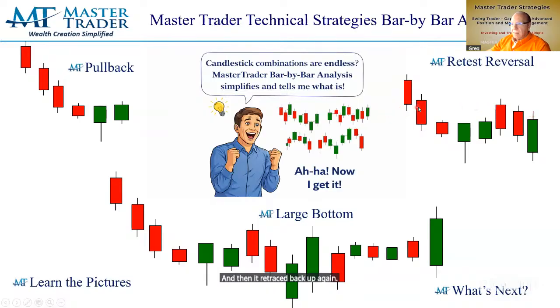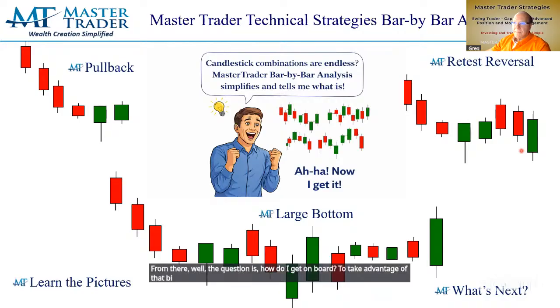Putting together bar by bar analysis like this and reading them together, this begins to build a picture. This begins to build a bias. And so you've already got, if you've defined it as an uptrend, higher highs and higher lows, and that creates a bias that it's going to go higher. From there, the question is, how do I get on board to take advantage of that bias that it's going to go up?